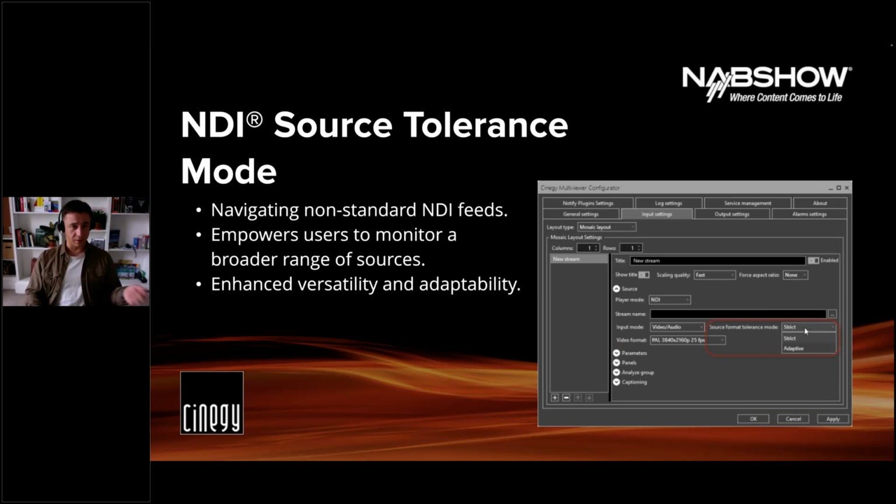When it comes to the other feature that is worth mentioning, it's the NDI source tolerance mode. So we now offer two modes. The strict one, which is the mode that Multiviewer and other Cinegy software used to work in by default, which would be rather strict about the frame rates and frame sizes parameters of the stream. So effectively about your selection of the video format and input mode, whereas adaptive mode lets the decoder